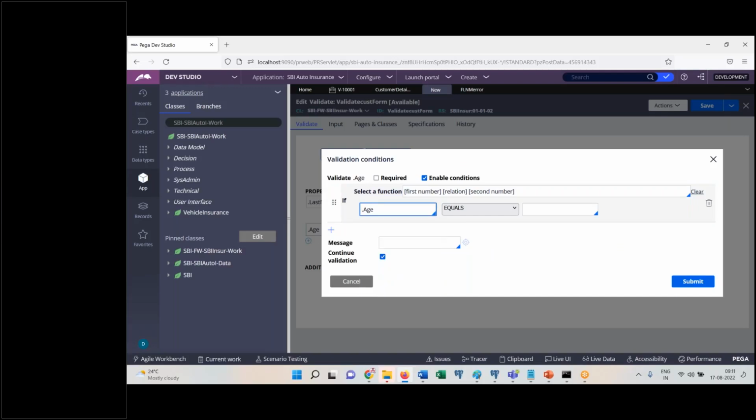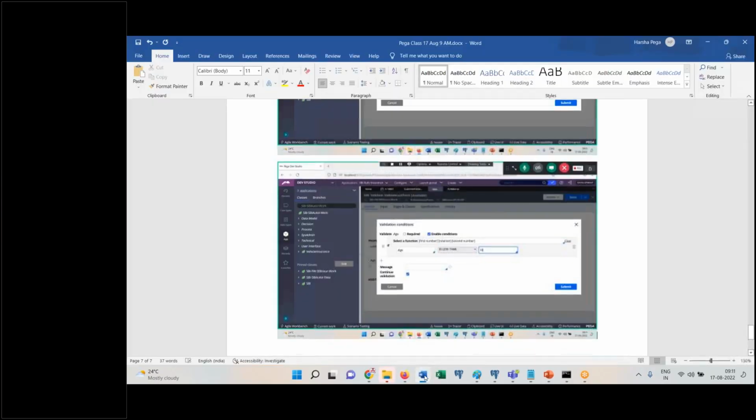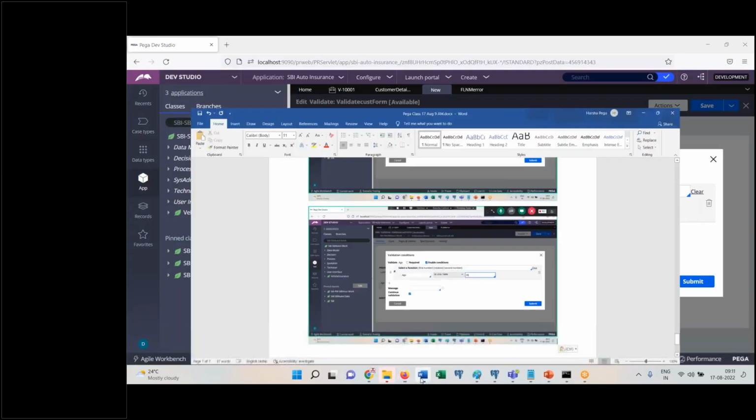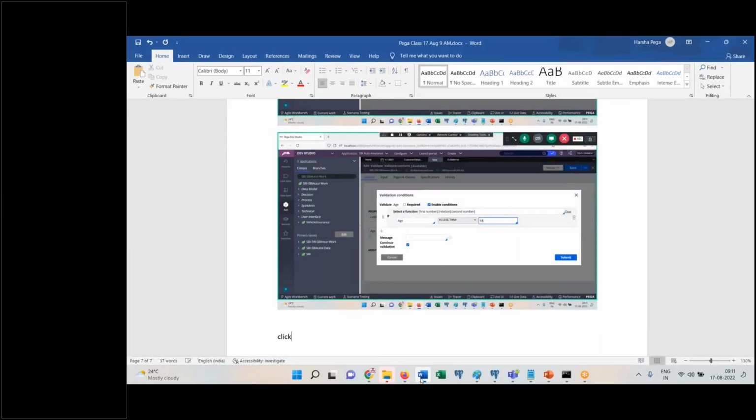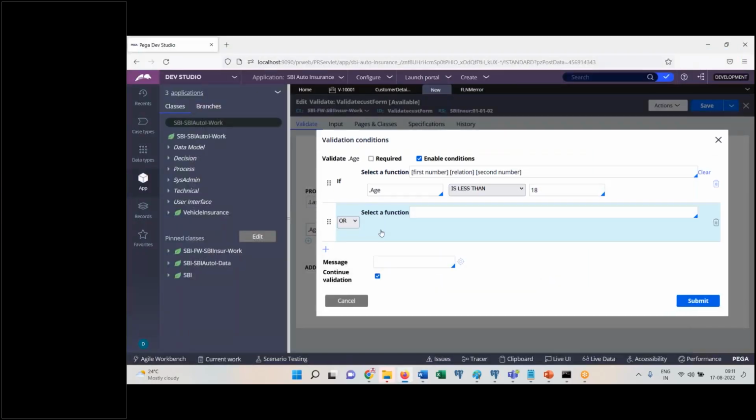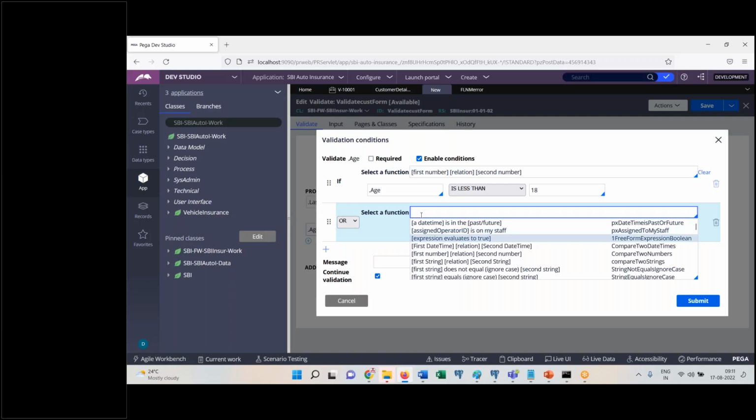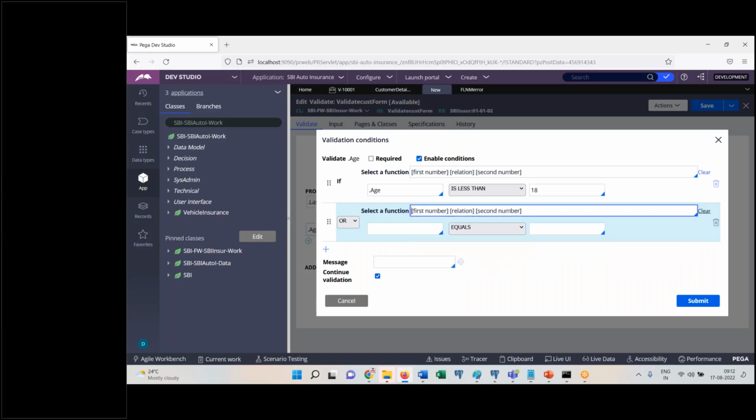So if age is less than 18, means below 18, or click on plus icon there to add one more condition, and select a function. First number relation second number. Again, if age is greater than 65, below 18 or above 65,